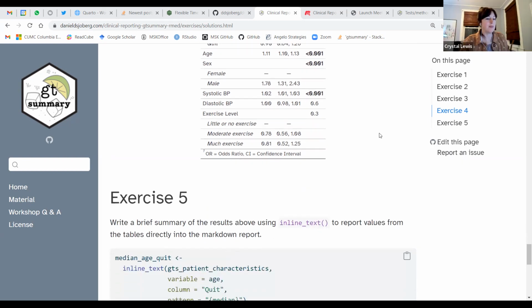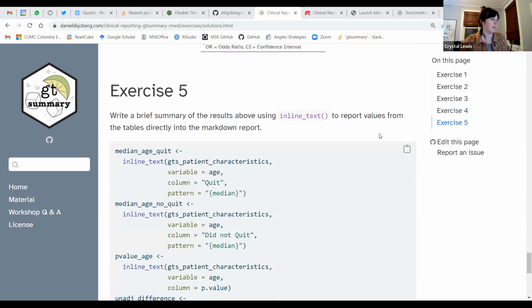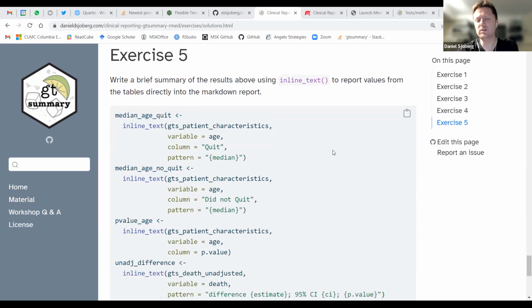Sounds great. So the last thing was to write a brief summary of the results using inline text and markdown. Whenever I do this, I like to make an object that has a long descriptive name. And I like to define all of those up in a hidden R code chunk that appears above my text.